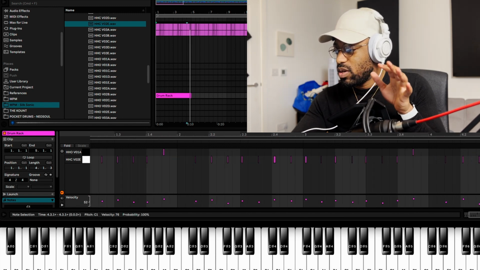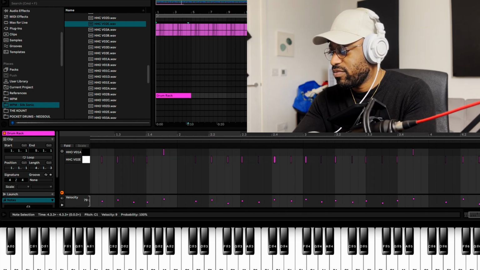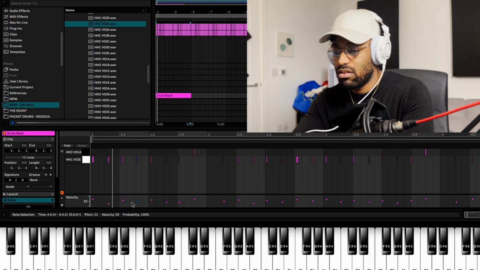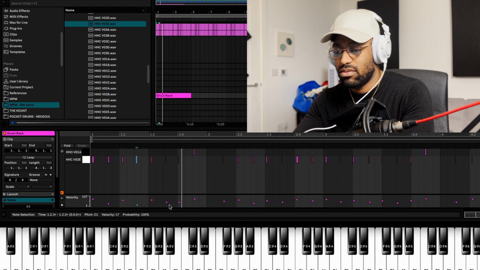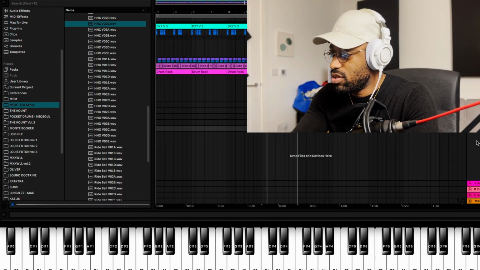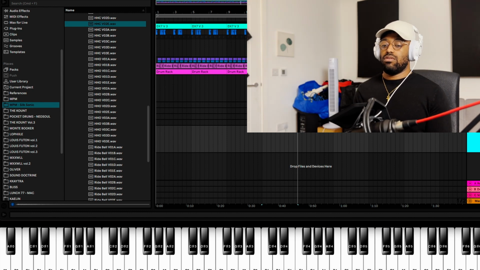This alternating between a higher velocity and a low velocity is really nice in my opinion for groove. Bring that down. I love the shaker. And hell, I bought it. Might as well use it. 2, 3,